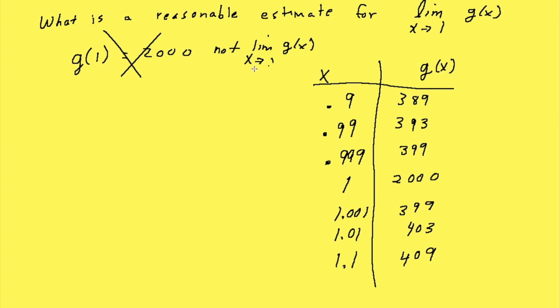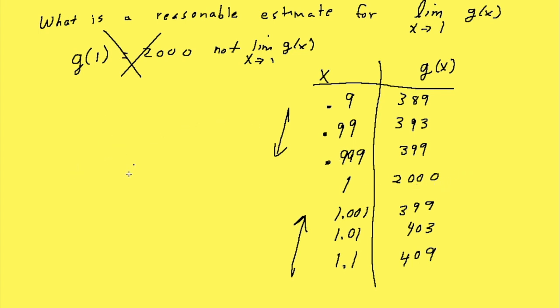So as we approach 1, what does the value of the function seem to go towards? Well, as we come in from the left side, going this way, 389, 393, 399. And as we come in from the right side, it's 409, 403, 399. So this is really interesting. If you plug in 1 to this equation, we don't know what it is, but you'll get 2,000. But as you get closer and closer to 1, it looks like this function is approaching maybe 400 from both sides,